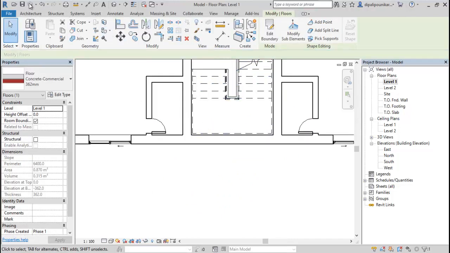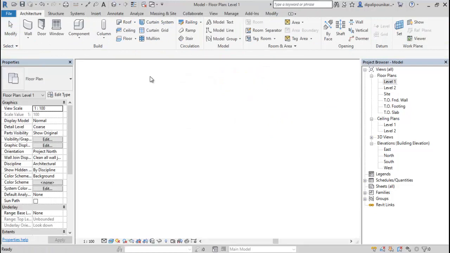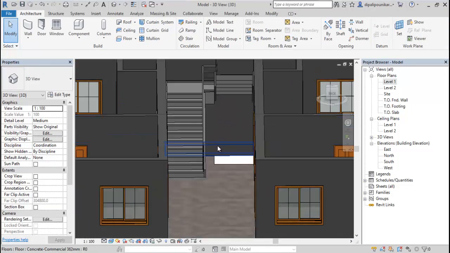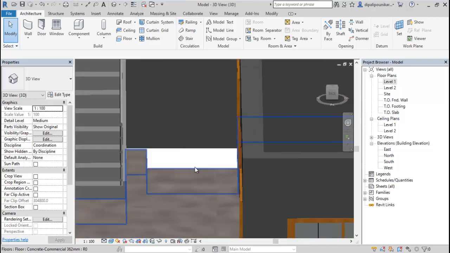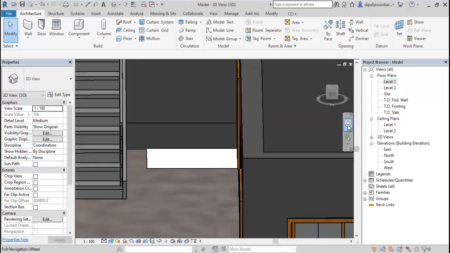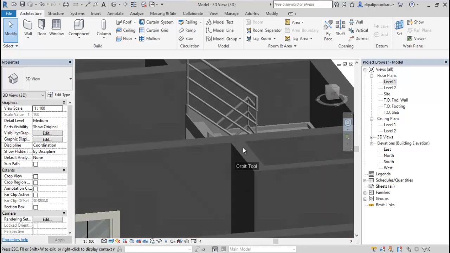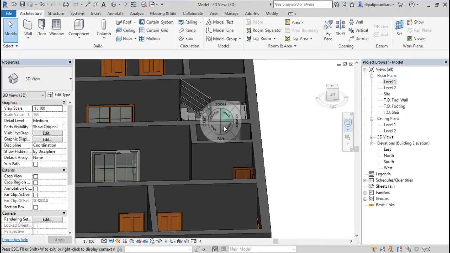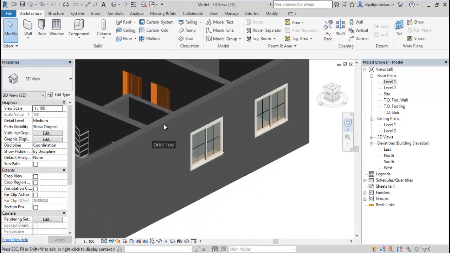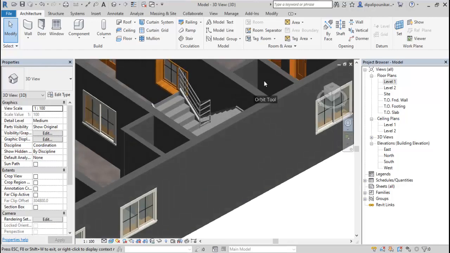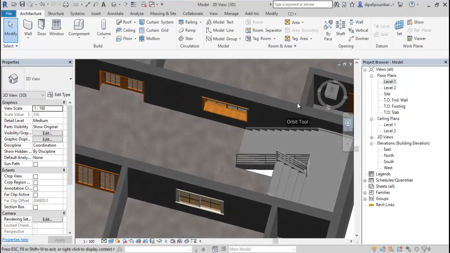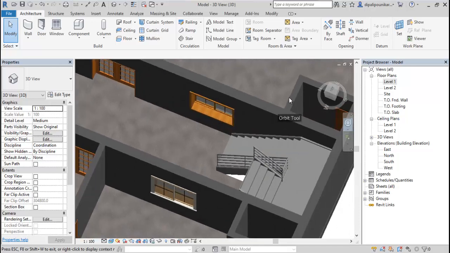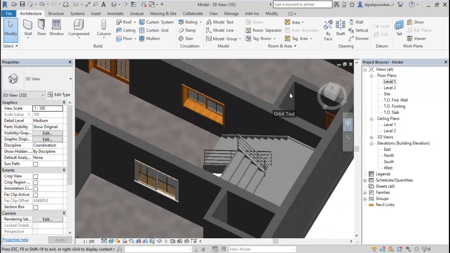Now you can see, just save, and the three-dimensional model is properly generated. If I rotate this model, you can see any person who is coming from down is definitely going to touch this particular line.